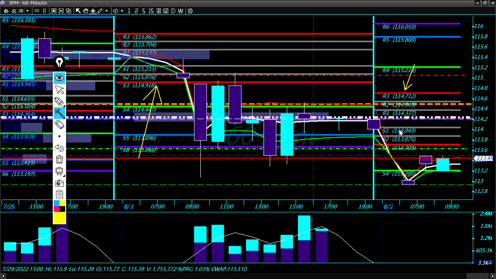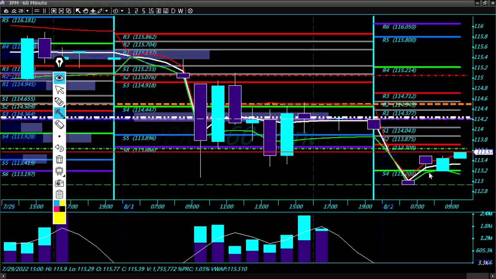Today's R3 is at 114.71. S3 is at 113.70. So lower value relationship, looking for a retest of S3 for a short, or maybe a retest of S2 at 113.87. We're having a push up right now, so if we do hold above this level on S3